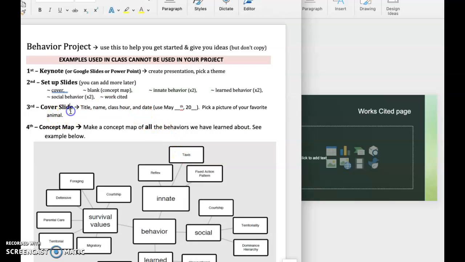So let's head back to the first one. You've got your cover slide. Please make sure you have the title, like Behavior Project. Make sure your name's on it. If you're online, don't worry about the class hour. If you're in person, please put your class hour. And the date. We are going to have this due on May,